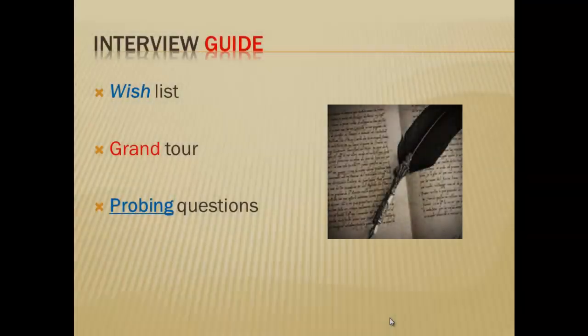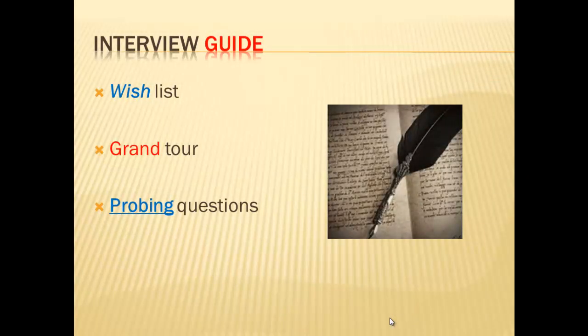The interview guide that we decided to go with used a variety of qualitative questions. One of the most used qualitative questions was a wish list question. We used a wish list question asking the students what type of feedback they would want from professors if the professors had unlimited time, resources, and were very tech savvy. This question really got the students to open up on their favorite types of feedback and how they would like it in a perfect world.